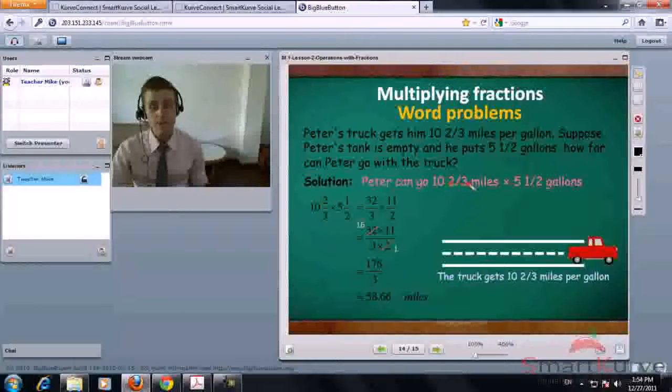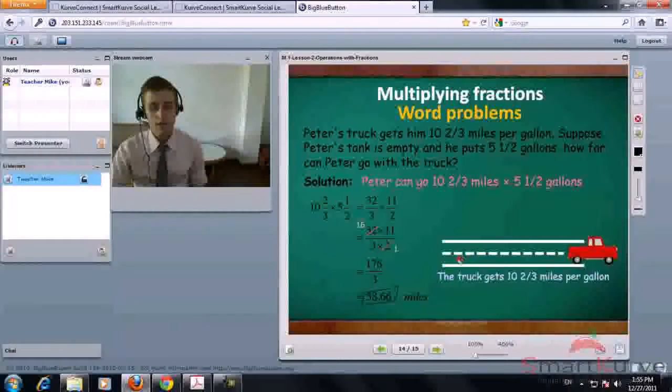We multiply 10 2/3 miles times 5 1/2 gallons. First thing we do, convert these into improper fractions. 10 2/3 becomes 32 over 3. 5 1/2 becomes 11 over 2. Before we multiply the numerators and denominators, we cancel out 32 with 2. They have a common factor of 2. 2 becomes 1, 32 becomes 16. 16 times 11 is 176. 3 times 1 is 3, giving us